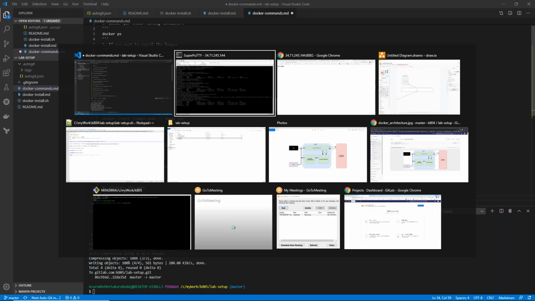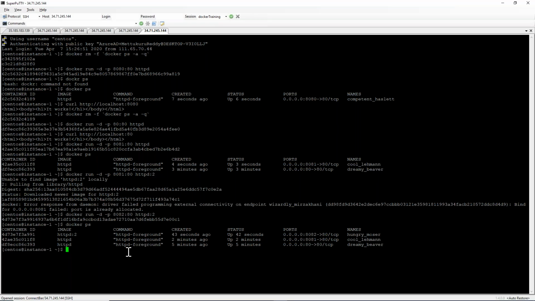Okay. So now my containers are running. How will I log in into those containers? The command is docker exec -it. Exec means execute, -it means interactive, and then provide the container ID and then some command, bash. So now I'm inside this container. I got container shell access.